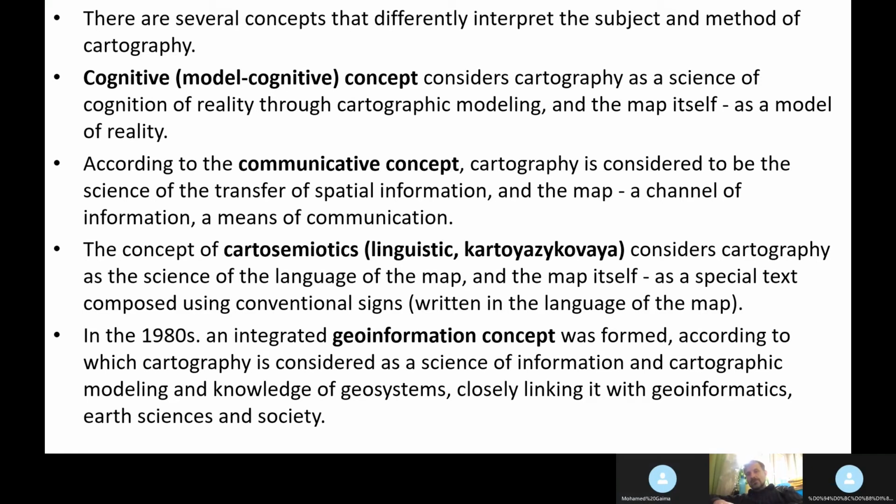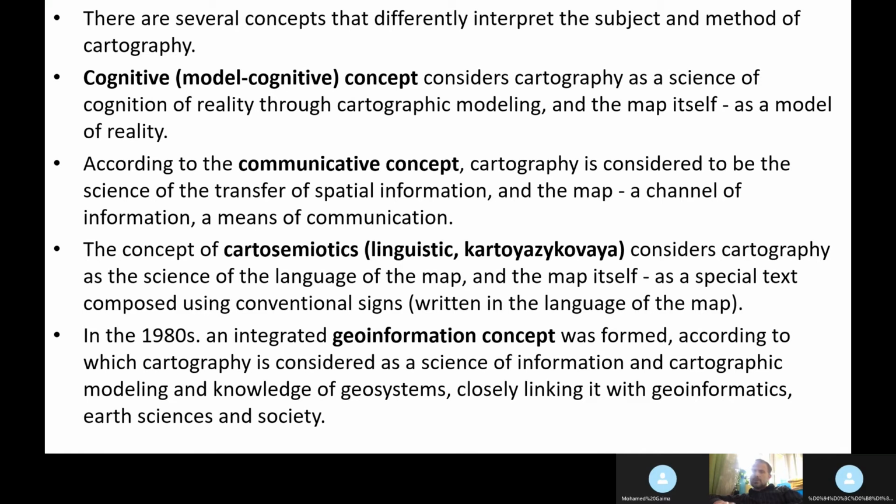There is a big amount of cartosemiotics publications on the net, and I think that this point of view also can exist because these scientists are speaking about map rules and how should we make a map properly, and all these analogs with our language, like a syntax and